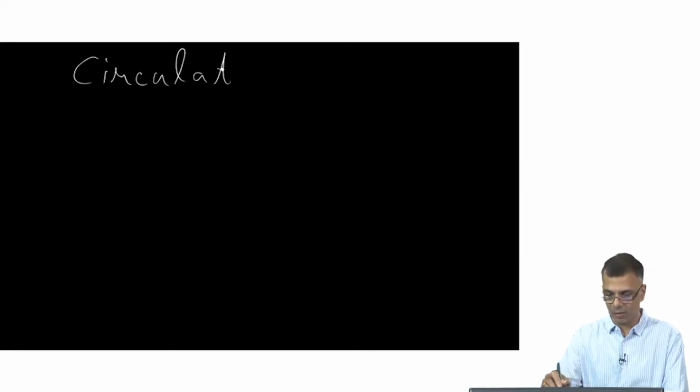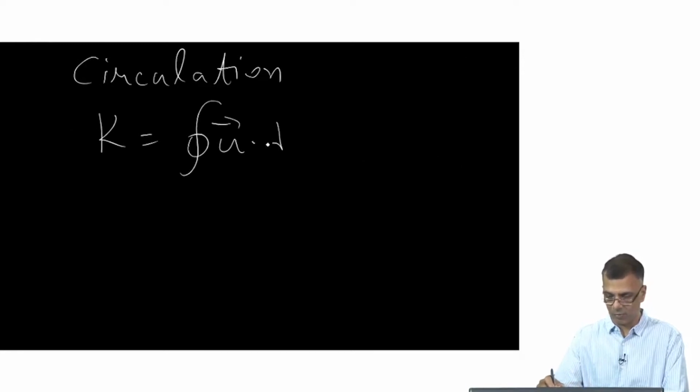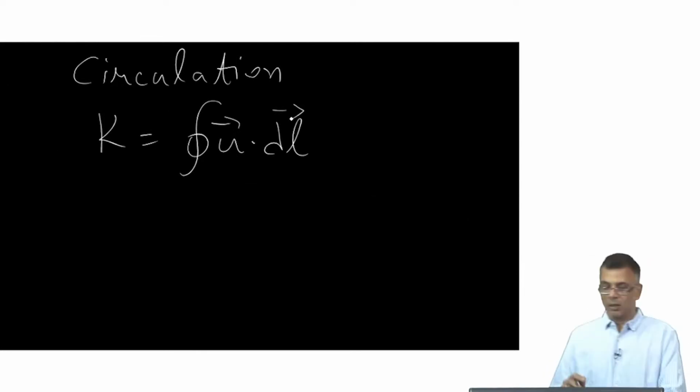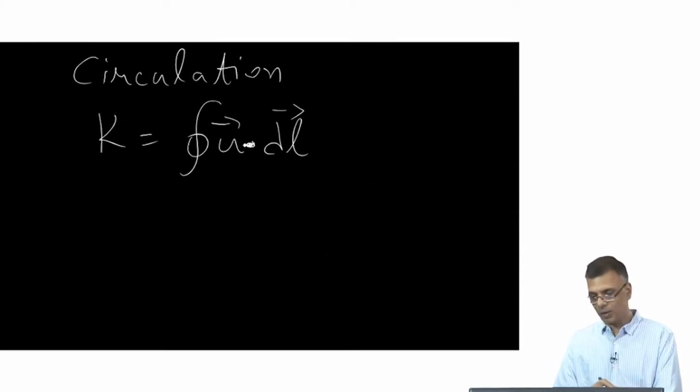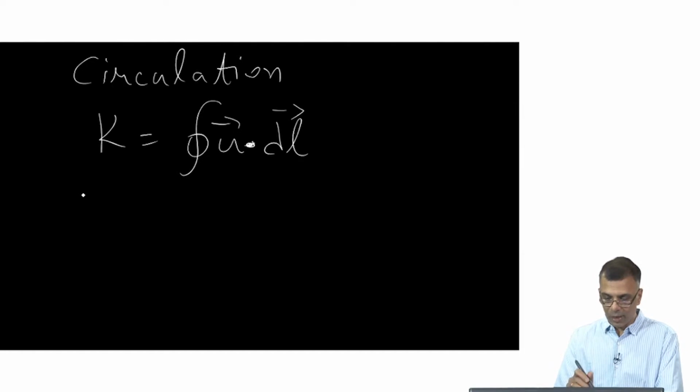Hi. So as promised, we will talk about this quantity called the circulation, which is defined as the closed line integral of u dot dl. u is a velocity field as before, and there's a dot product in between. This seems like a line integral, a closed line integral, since we've written it like this. Now the line L,